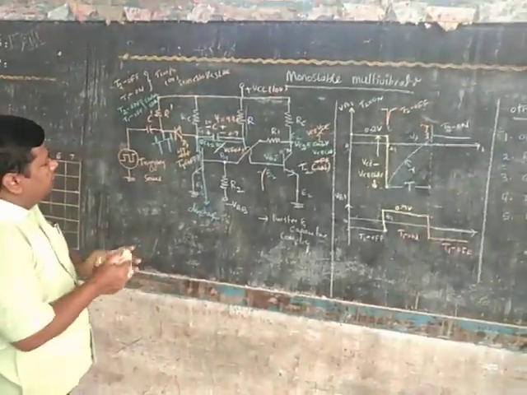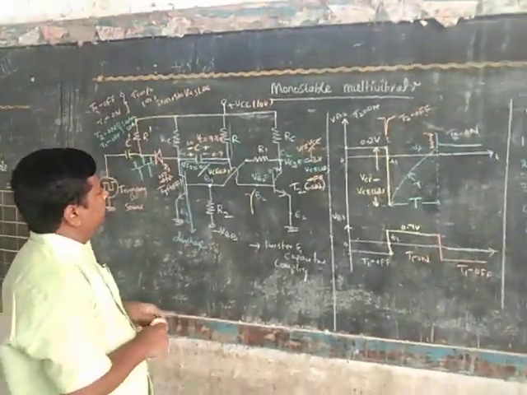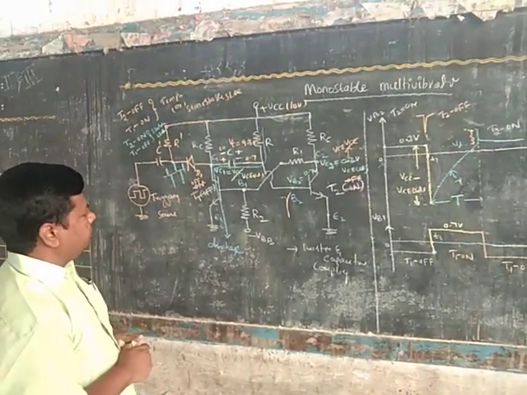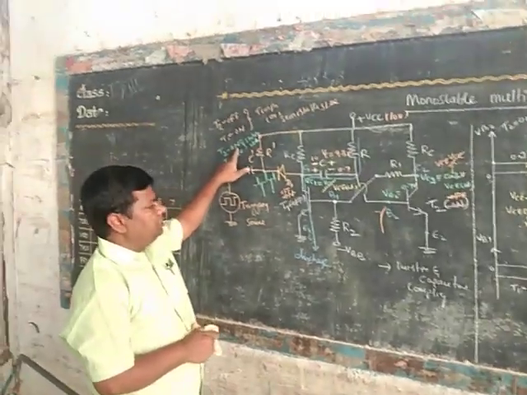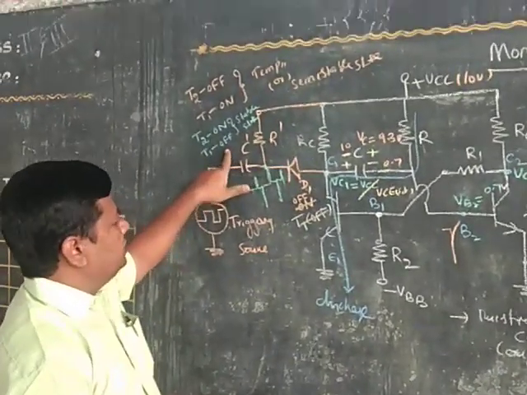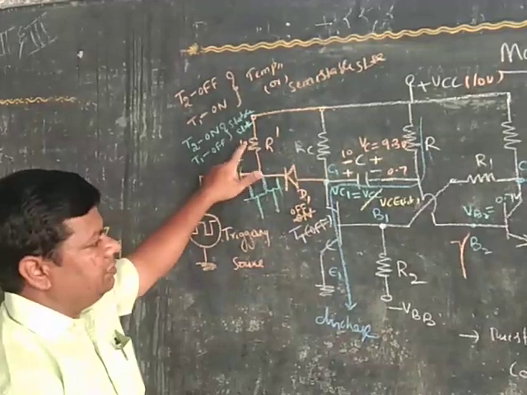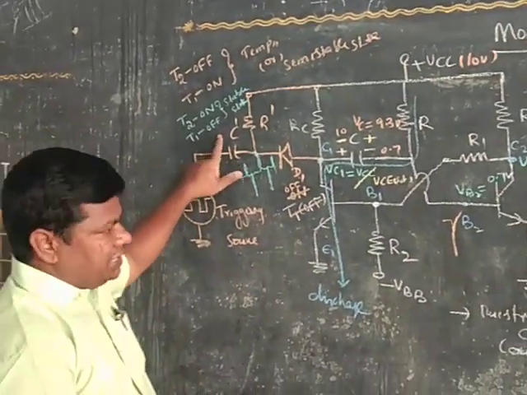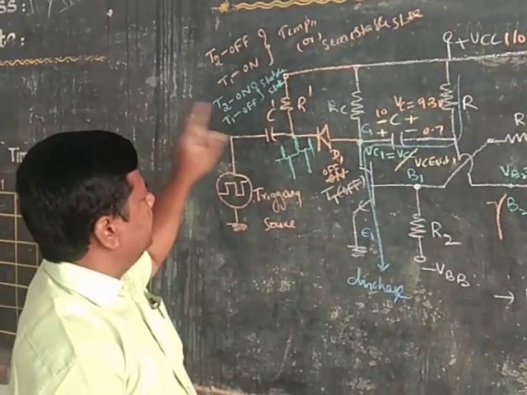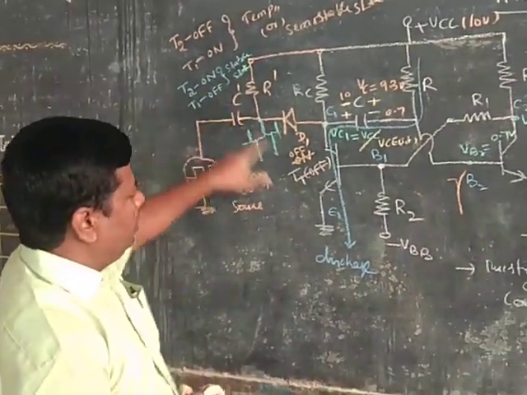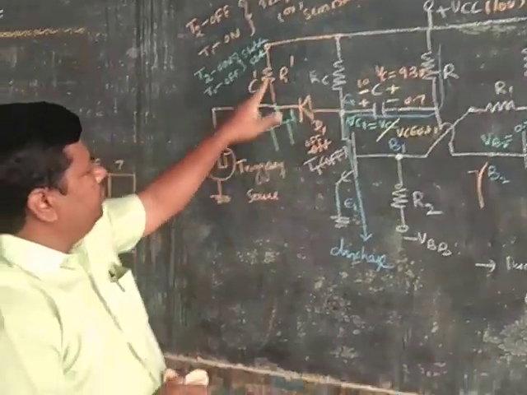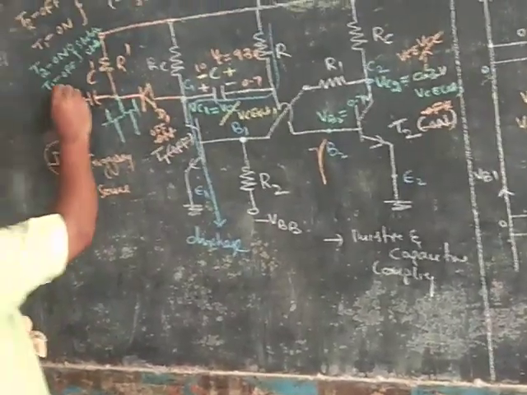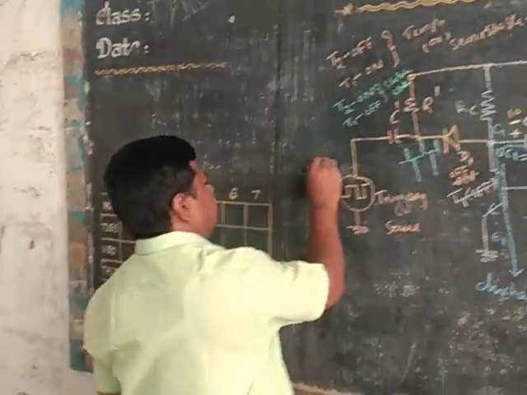Here once again, the operation is of the monostable multivibrator circuit. Whenever you switch on the circuit, T2 enters into on, T1 enters into off. This state is called the stable state of the monostable multivibrator circuit. Suppose if you want to change the stable state, we require some triggering signal. Here only one state is stable, that's why we prefer unsymmetrical triggering. This triggering arrangement is unsymmetrical triggering.